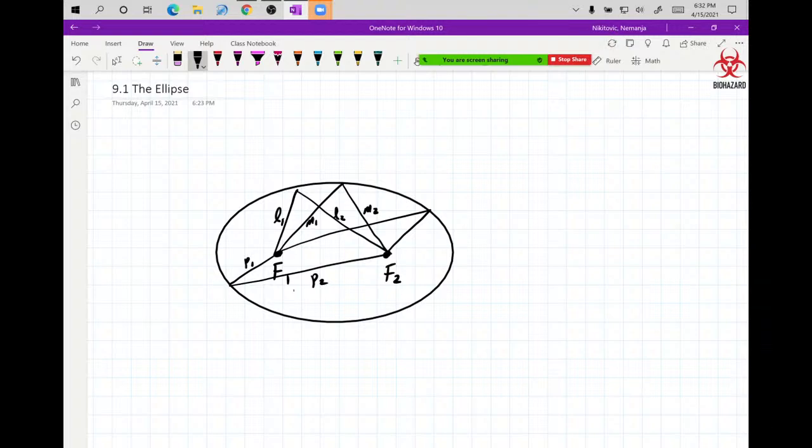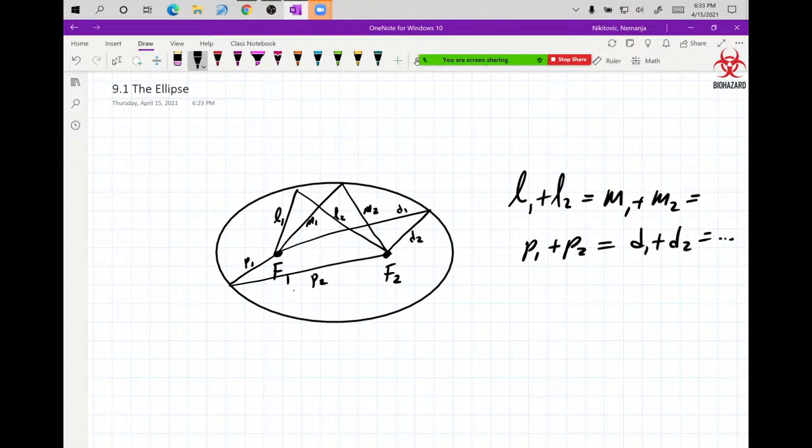So whatever distance D1 and D2, no matter what combination of these you take, it is always going to be the same. So L1 plus L2 is going to be the same, M1 plus M2 is going to be the same, P1 plus P2 is going to be the same as D1 plus D2, right? So now that gives us the definition of the ellipse,